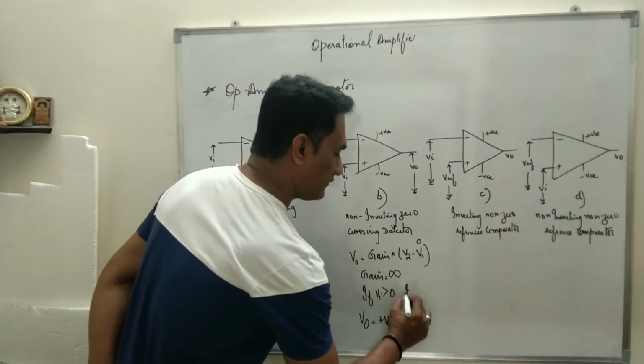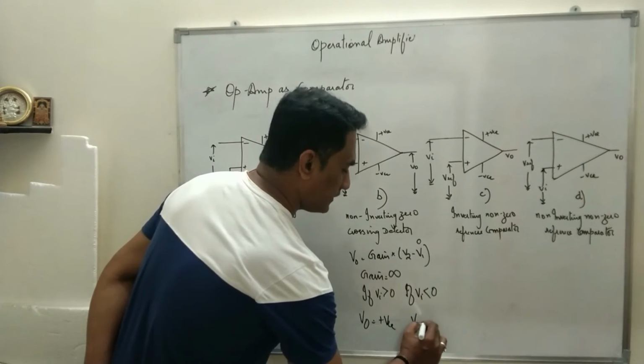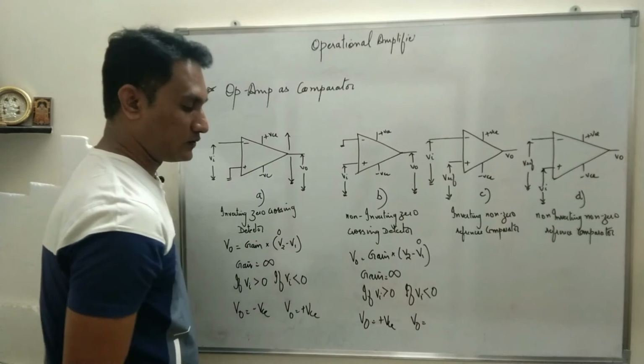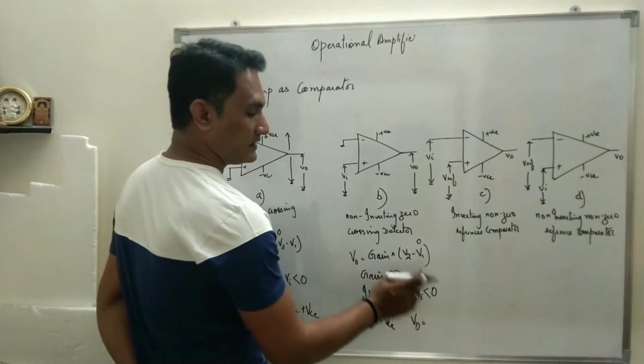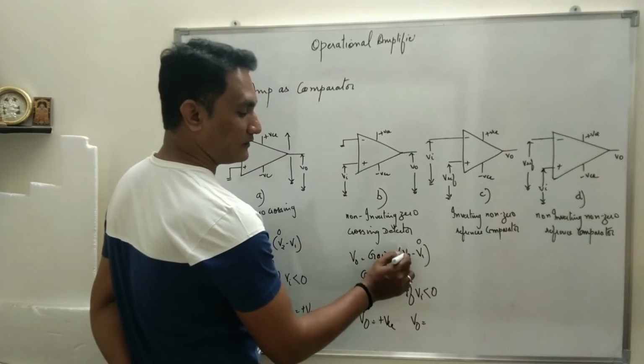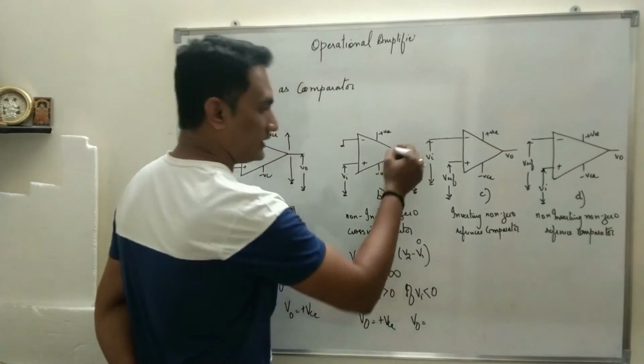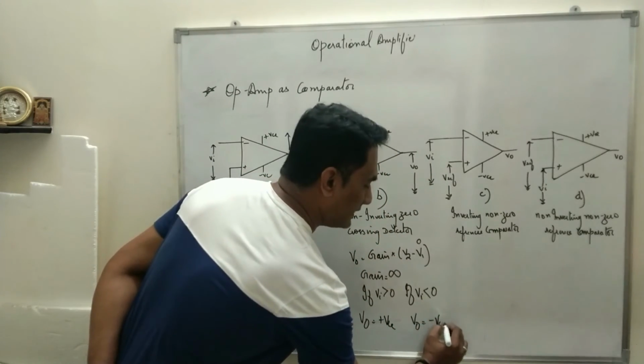Similarly, if Vi is less than 0, then what will be V0? If Vi is less than 0, that means this is 0, and Vi, which is the voltage applied at V2, is less than 0, the difference will be negative, and the output will keep on increasing till minus